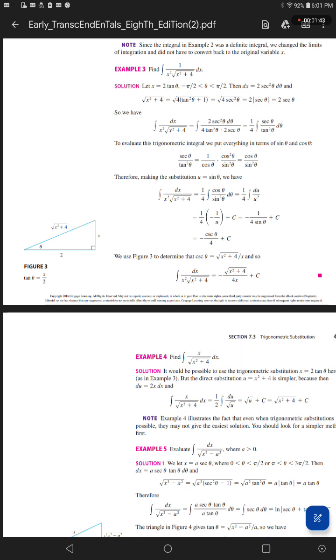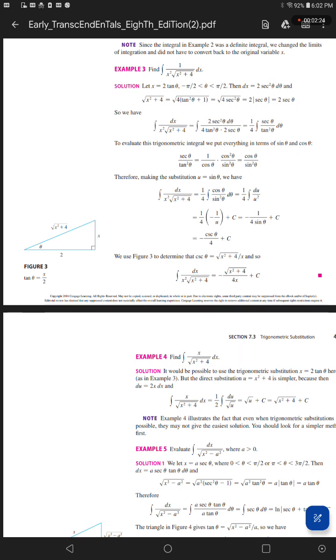To evaluate this trigonometric integral, we put everything in terms of sine theta and cosine theta. Secant theta over tangent squared theta equals 1 over cosine theta times cosine squared theta over sine squared theta, equals cosine theta over sine squared theta. Therefore, making the substitution u equals sine theta, we have